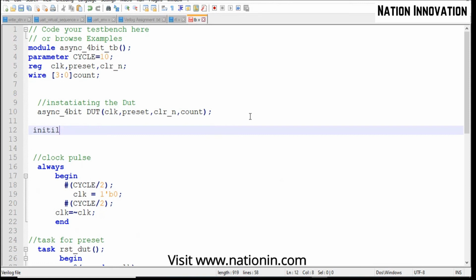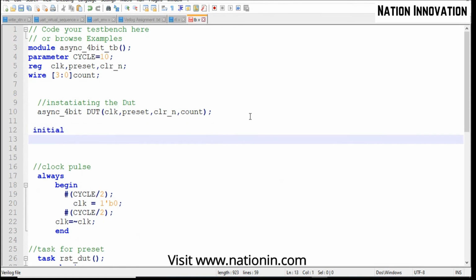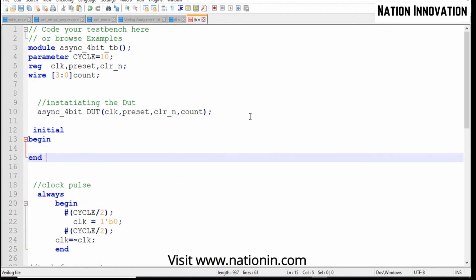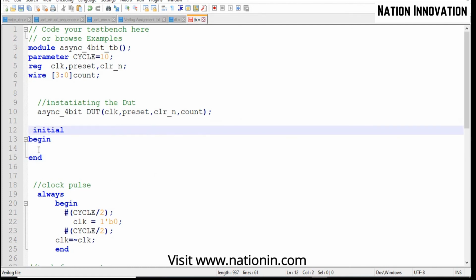So what we can do is write one initial begin, and here, what are the input signals? Clock, preset, clear only. No need to make the count zero, or you can define count also as zero, no issues with that.